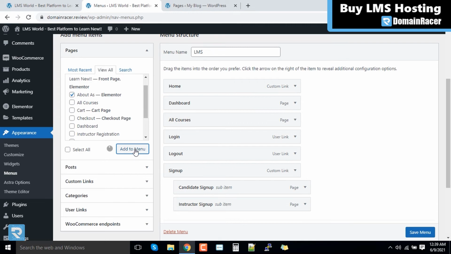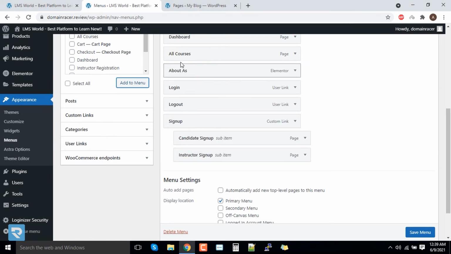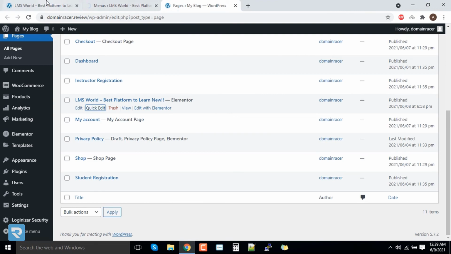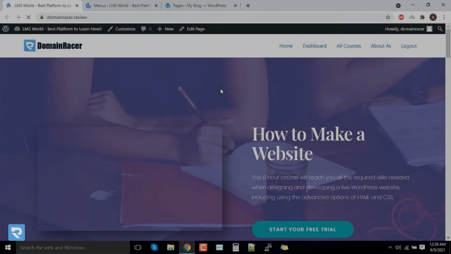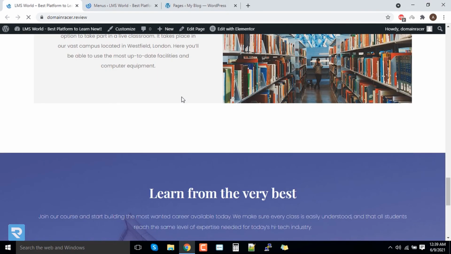It should be for everyone because it's the about us page. Okay, the about us page has been added. I will keep it after all courses, for everyone, and click on save menu. We'll go back and refresh this. You can see now we have completed our entire website configuration, setups and everything.